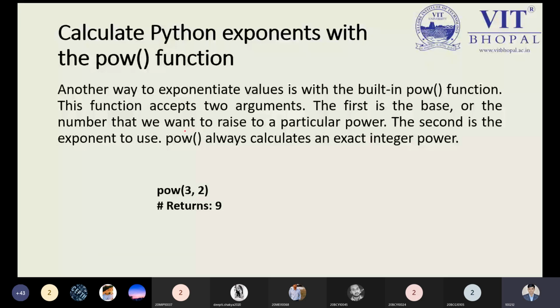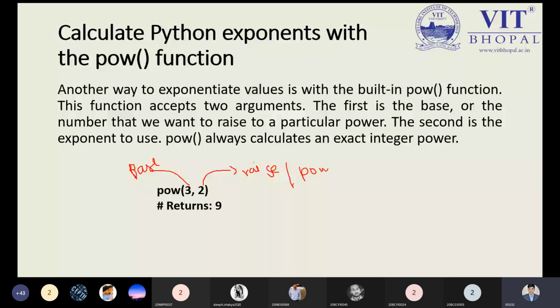One argument is the base, and the other variable is known as the raise, or we can say it is the power.